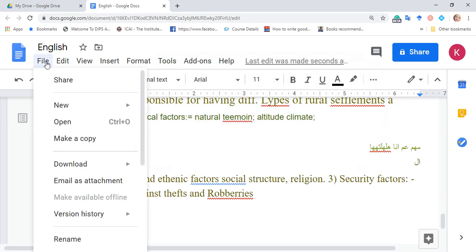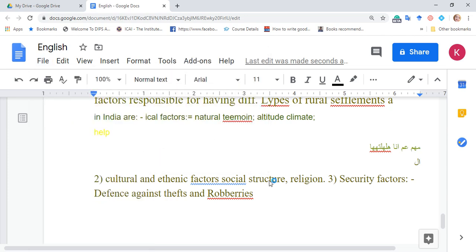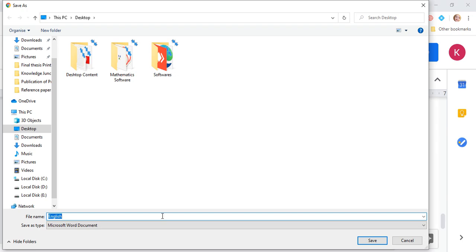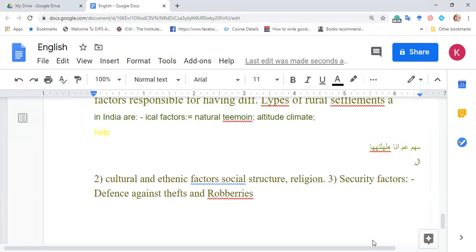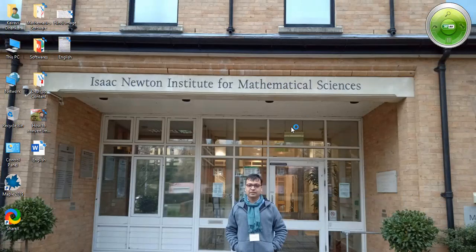You first go to the File section, and you download it as Microsoft Word. And then you save it in your system, and then you open it.